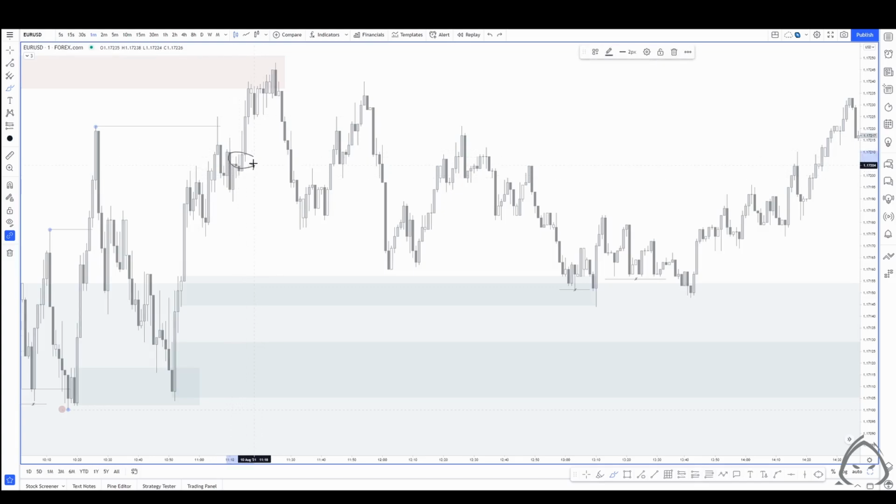If you were looking for something on this, then that's when we have to start running through our probability increasers. Yes, it does break structure. Does it mitigate anything? No. Does it sweep liquidity? No. That's why this area does seem a little bit more high probability. We sweep liquidity, we break structure, we mitigate a previous demand zone. And that's why,